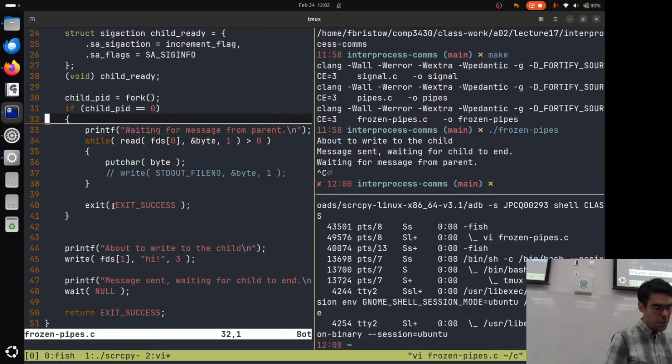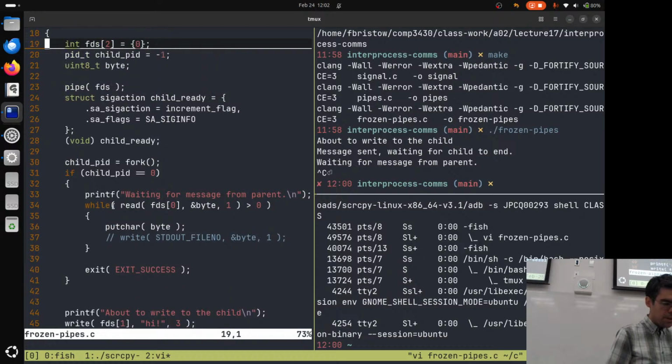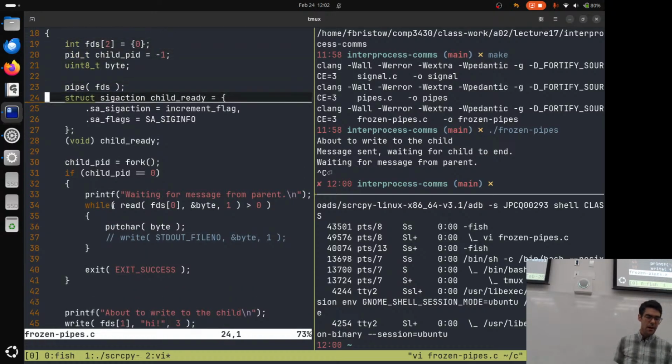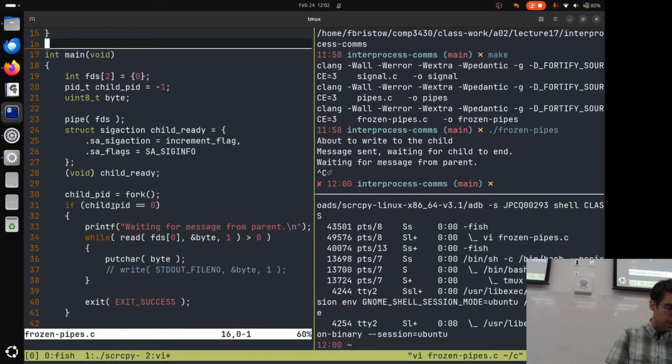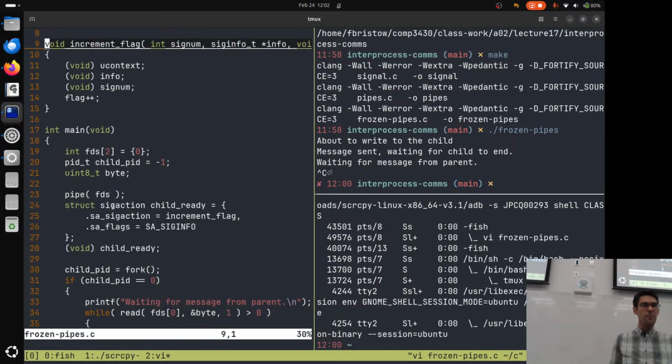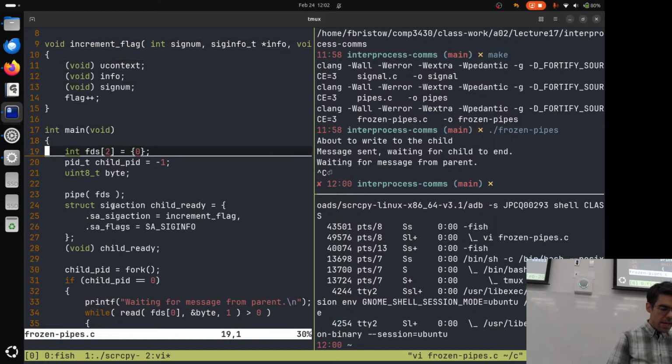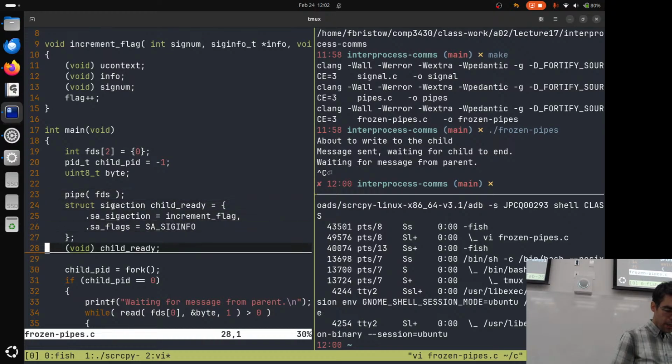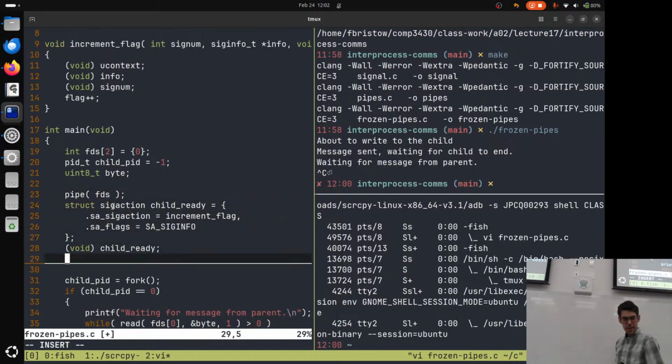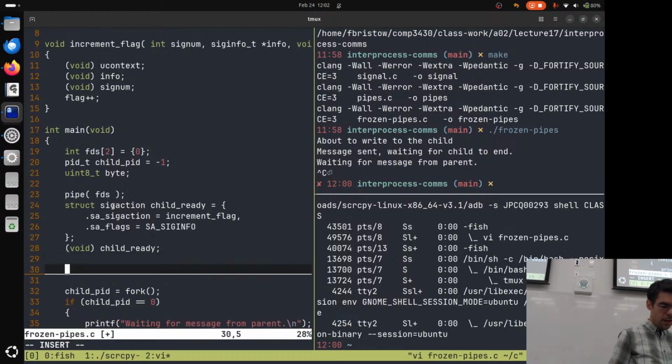So I'm going to start using this child ready signal handler that I initialized up here, which is incrementing this flag variable. This looks pretty similar to what we did before. I'm going to make sure that my child process is able to send the message to the parent, and the parent is able to receive that message, by registering the signal handler before I call fork.